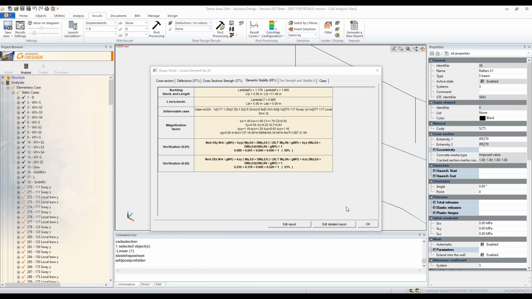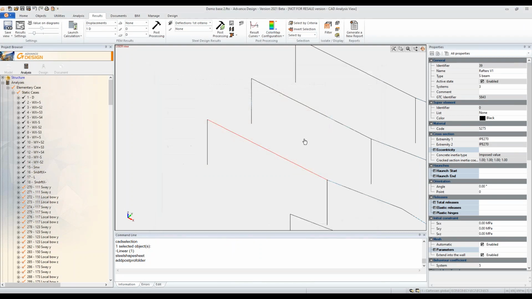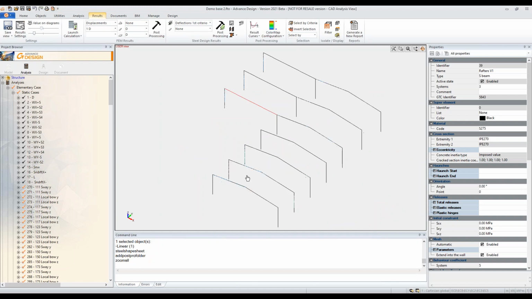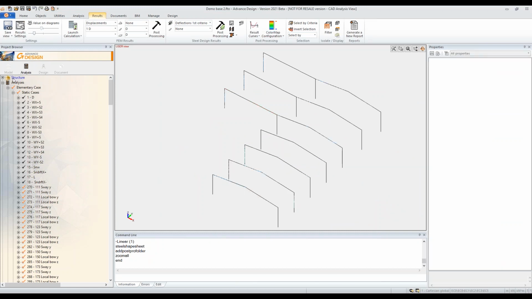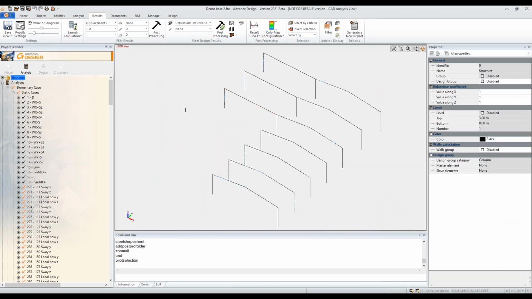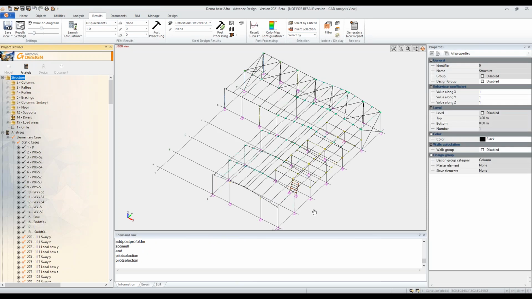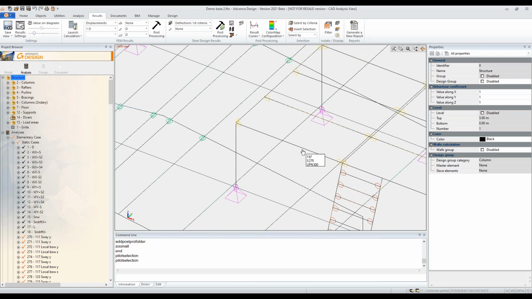So this is like Eurocode 3 by the book, but at some point you might have to go beyond the limitation of the standard. Like if you have an unusual section, like if you have a channel,